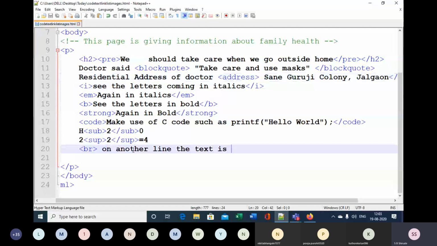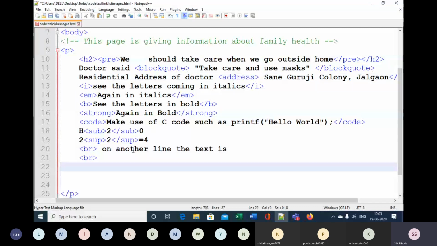Next we'll be learning how to make use of character entities. So take a break row, and then just put a new line and write use of character entities.